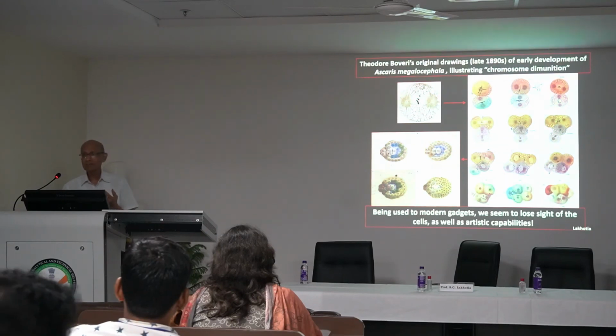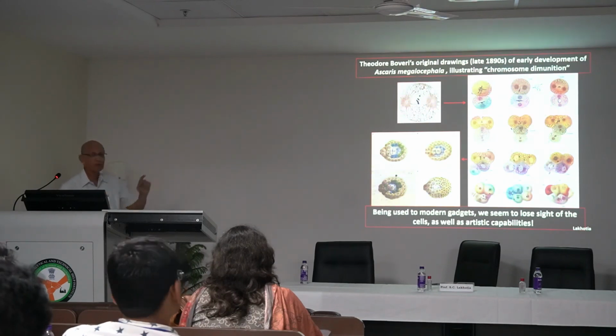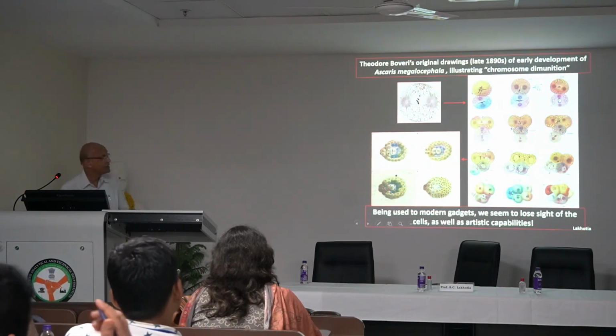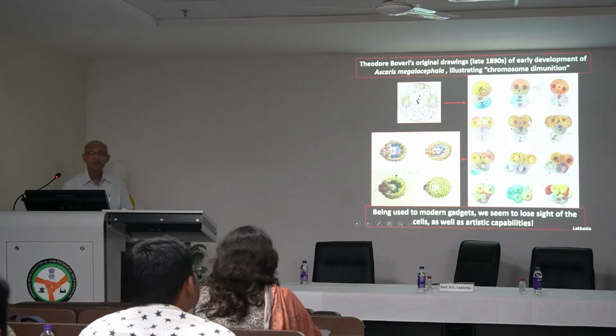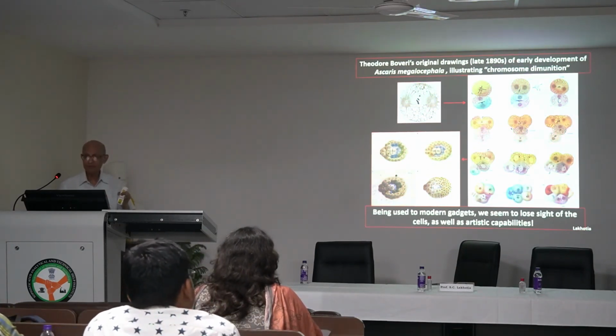He published a paper in 1914 describing why cancer develops. And what we have been doing for more than 100 years now is confirming what he has predicted. Of course, in more modern ways of oncogenes, proto-oncogenes, chromosomal instability, DNA damage, and so on. But these are hand drawings by Boveri, of how the zygote develops. And of course, he had discovered a unique phenomenon there, that as the somatic cells are developed, they lose 95% of chromatin, which he called chromatin diminution. And now we are looking at the developmental biology of it.